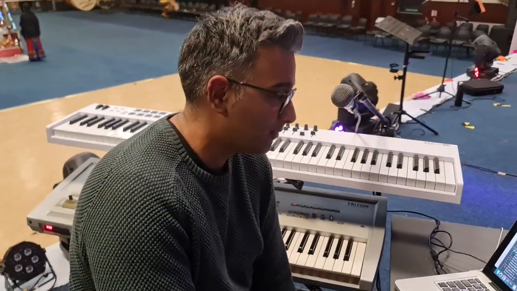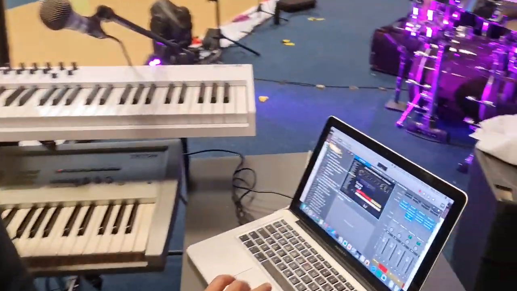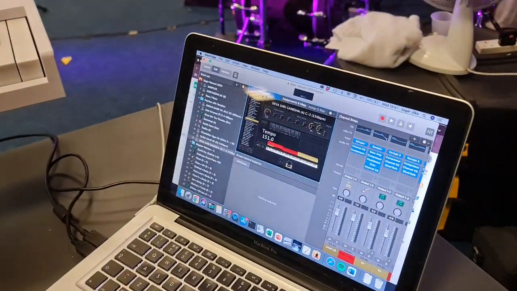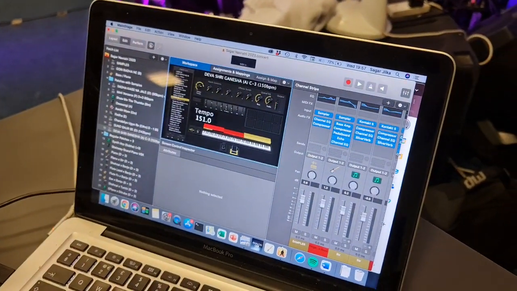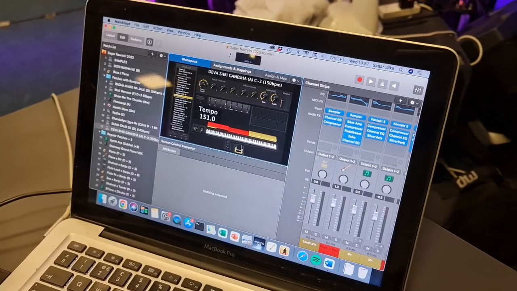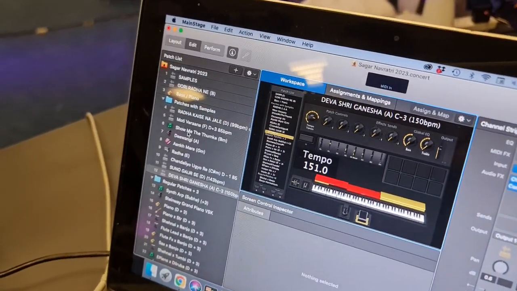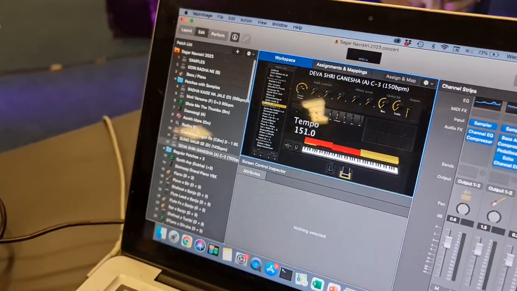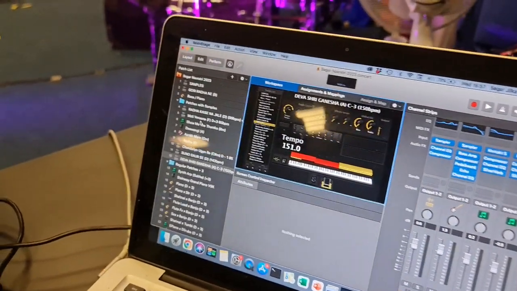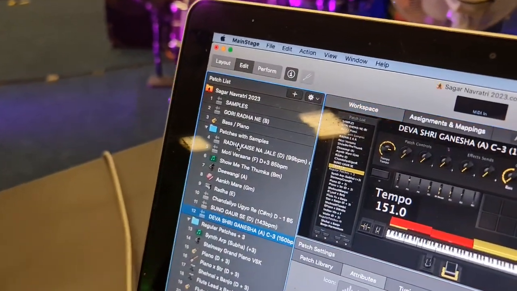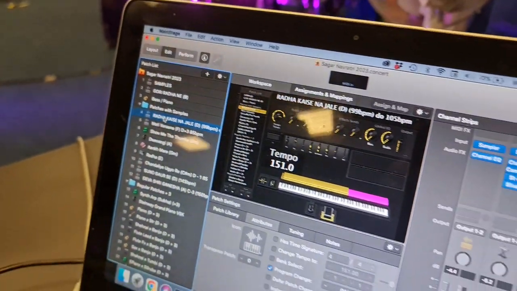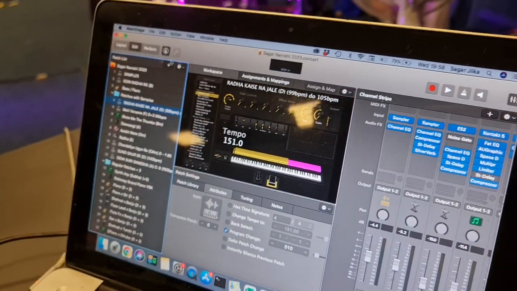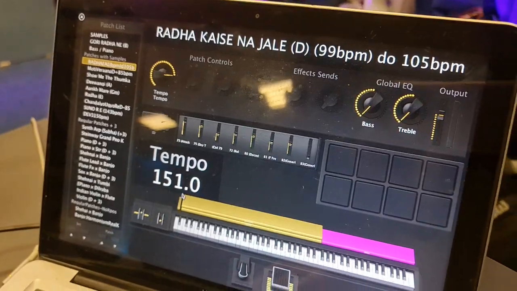Okay, so this is my Mainstage file. All right, so my Navratri patches are here. You can see whatever I've got running, all my patches here. So you see, bro, I've got, let's say, a patch for Radha Kesanajala, and you'll see in this little thing here,